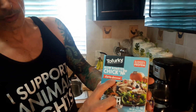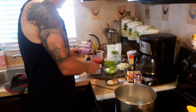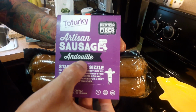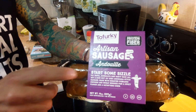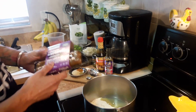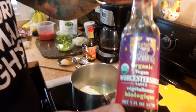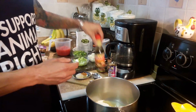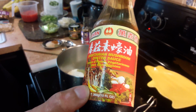The tofurky slow roasted chicken, lightly seasoned. You're going to be needing the tofurky andouille sausage, or you can get the Italian sausage if you can't find this, because this is pretty hard to find. And of course my Worcestershire sauce, the vegetarian oyster sauce,